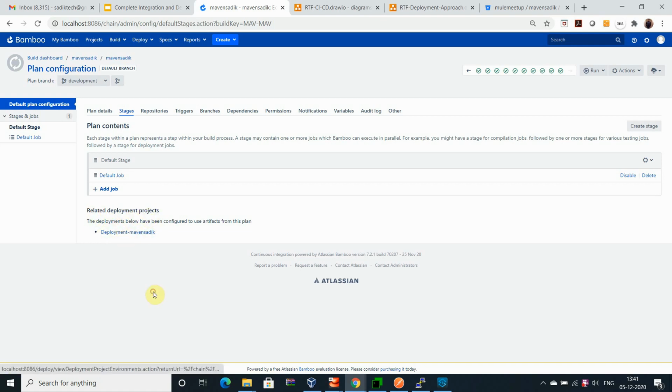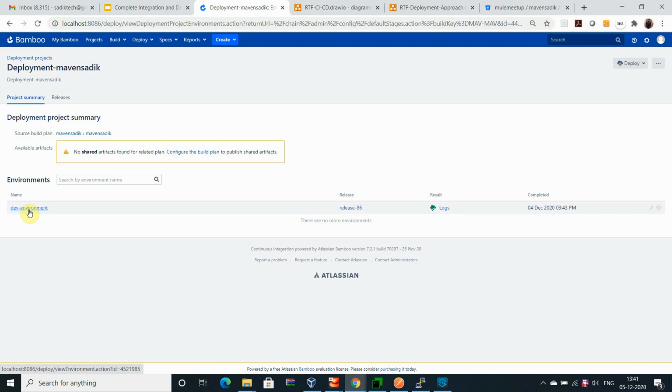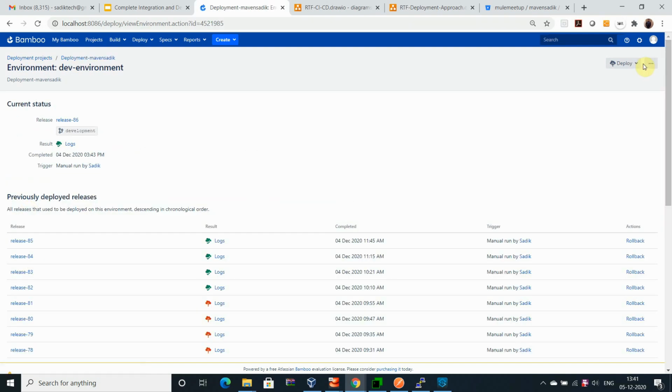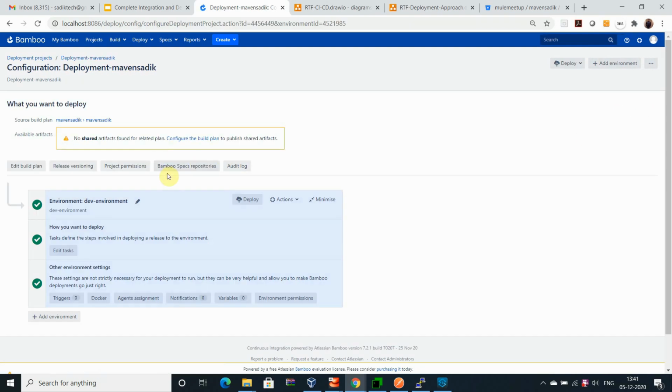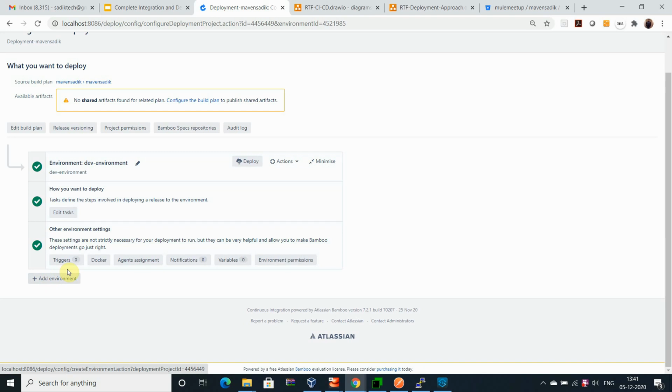Right now I have created one deployment. With that deployment, you can associate multiple environments. Right now I am deploying on dev only, but you can associate multiple environments. What does that mean? As soon as it's released to the dev environment, you may want to release to QA and stage. That is the task. If not, that's fine.